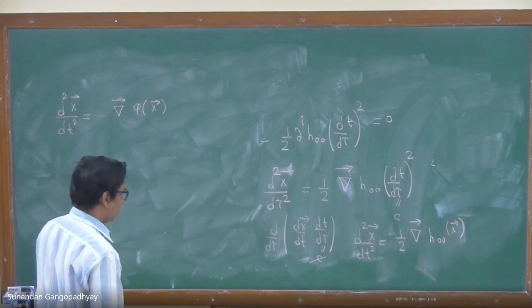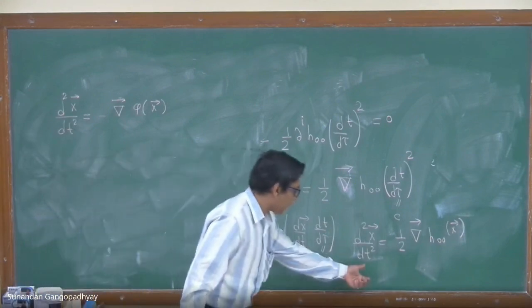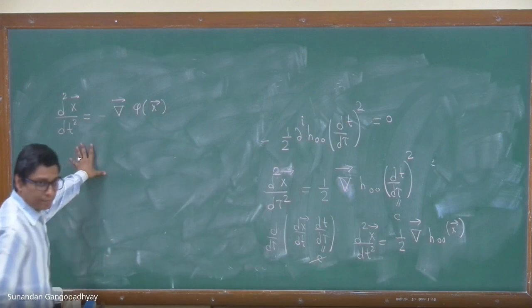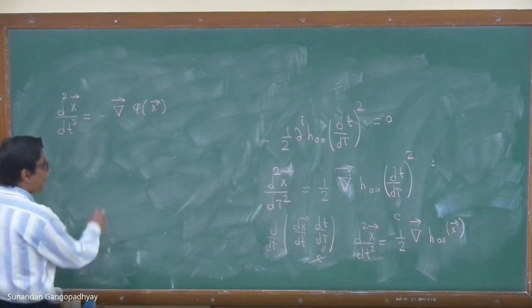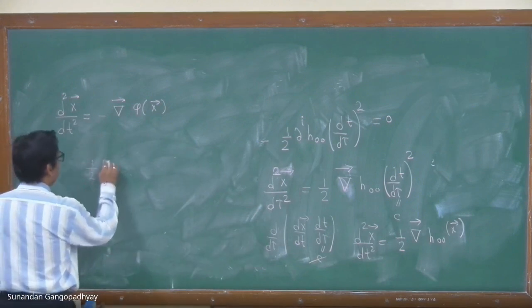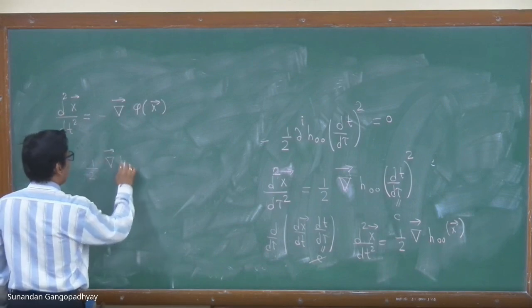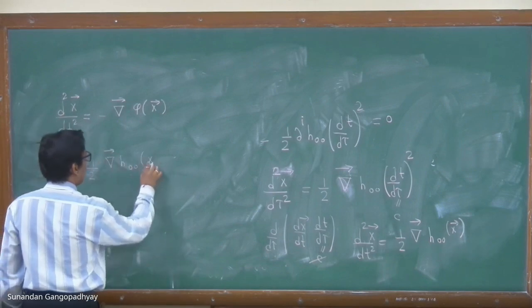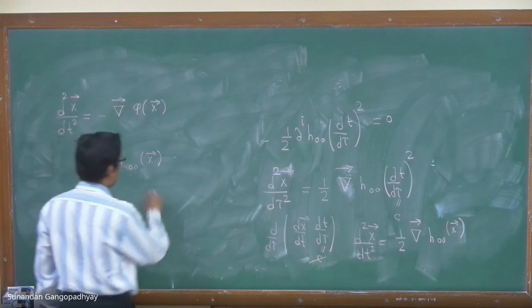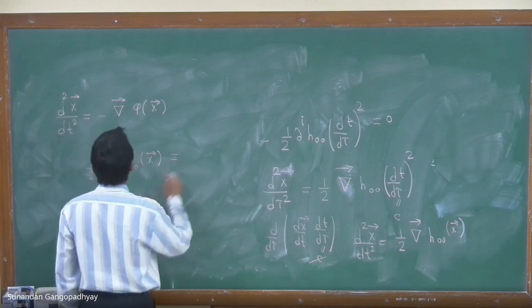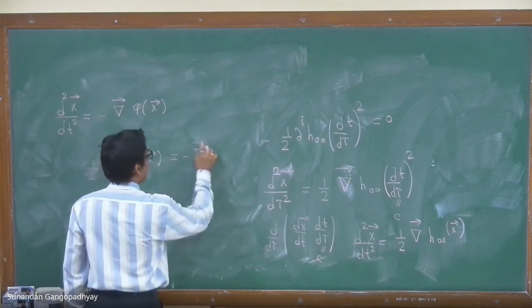So if that is true, then you can compare this equation with this equation. If you compare them, you will get half h00,i of the x vector equal to minus gradient,